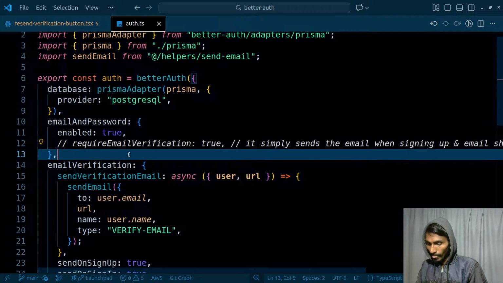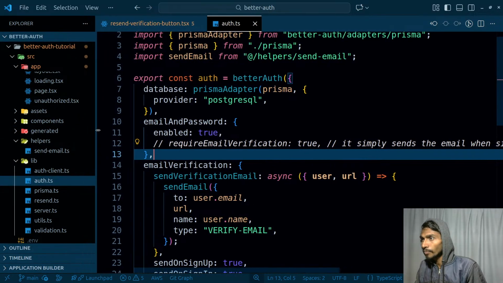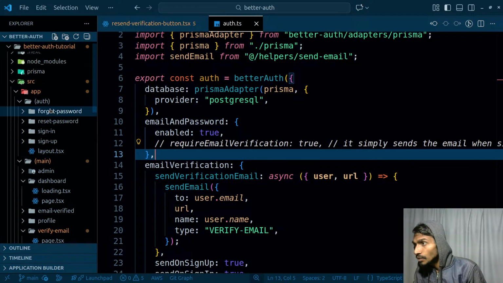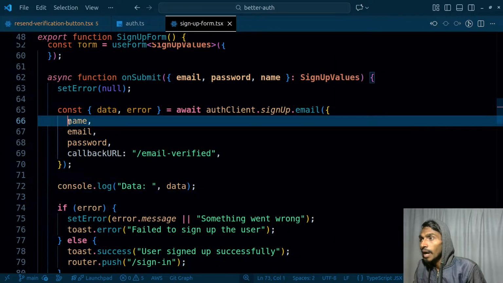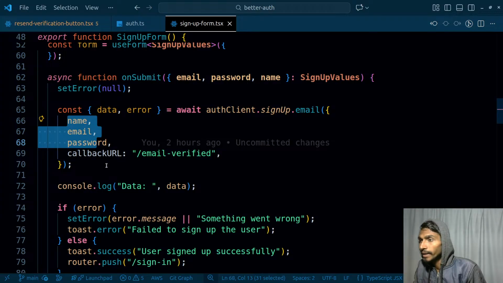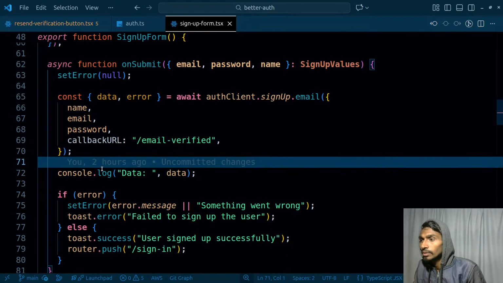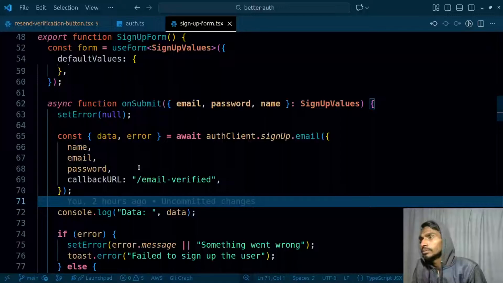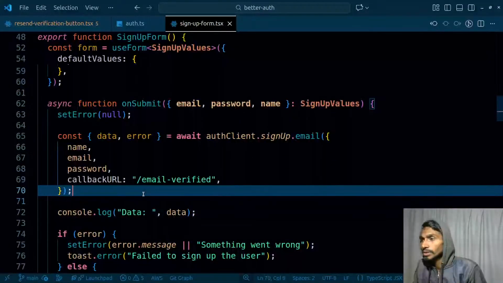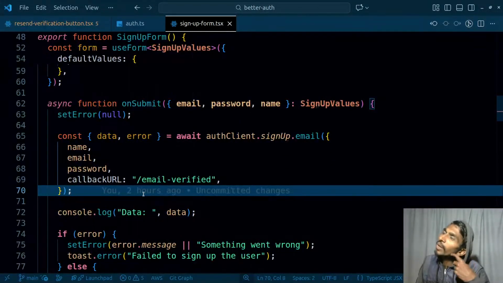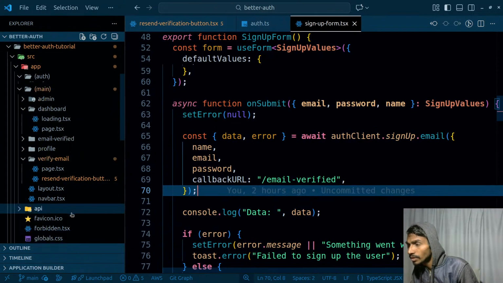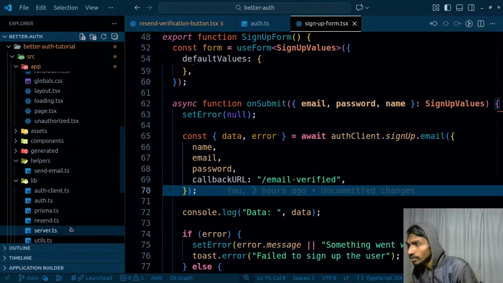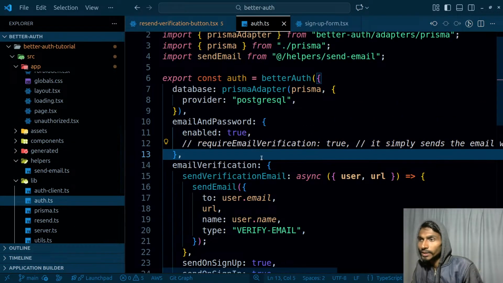So let's do one thing. Let's go to the sign up form, exactly where I'm signing up, and see why this behavior is happening. So sign up form, and I'm using email, password, and this sign up. That's okay. There is nothing as such that may cause this. So by default, why am I signing in? Something is missing. I did use that property somewhere, but where is not clear. So inside auth.ts, first of all,